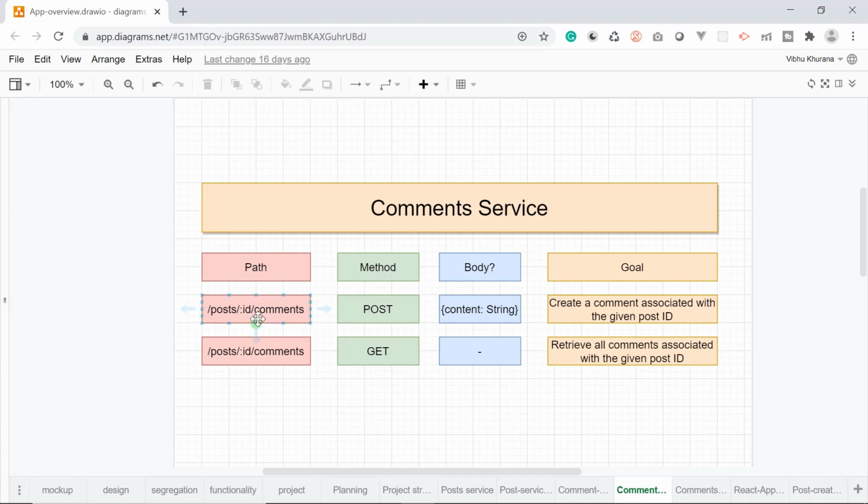If we take a look back at the API design for our comment microservice, in order to fetch all the comments that correspond to a post, we must know the ID of the post that we are trying to show comments for. In simple words, we need to make sure that we pass a post ID from the post list component to the comment list component.